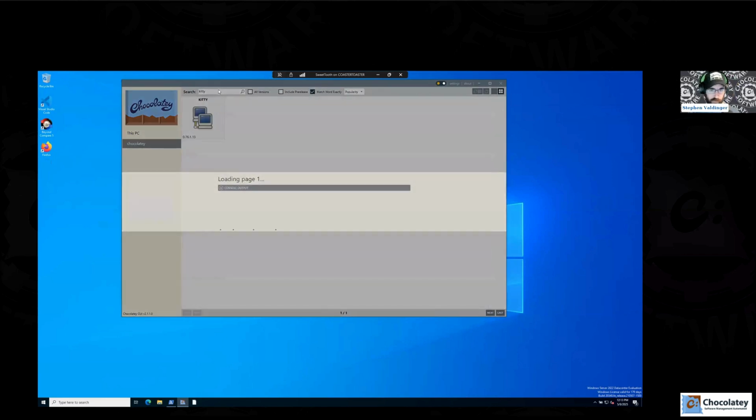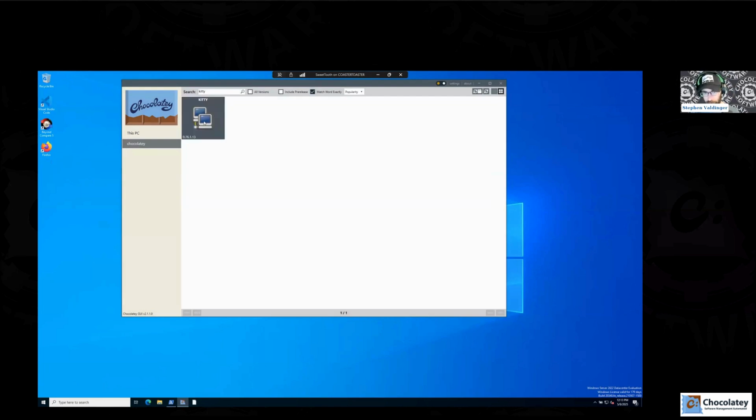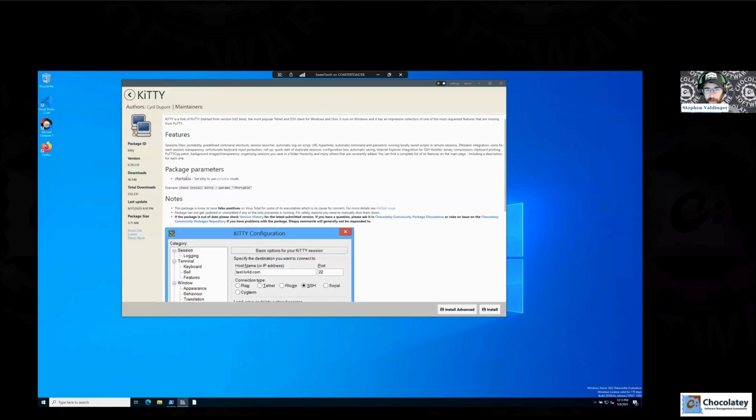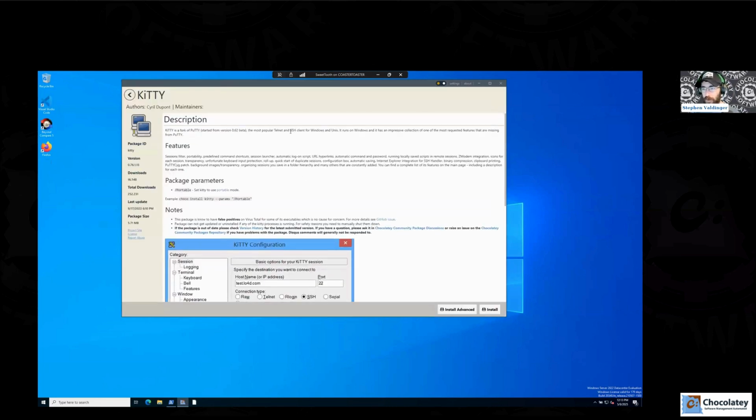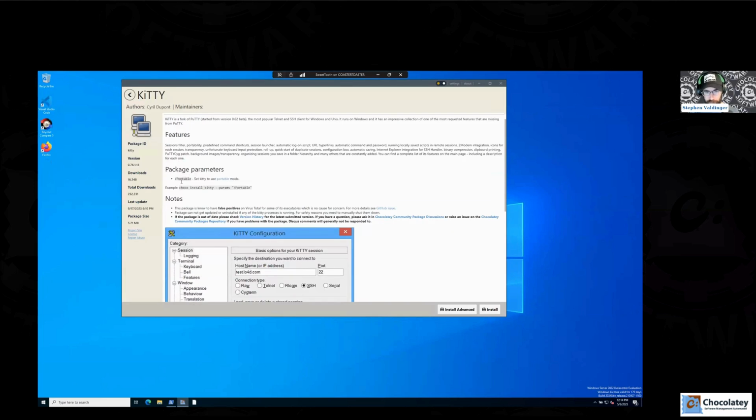Now, what we can do to show off the use of package parameters and more advanced installs, we are going to search for the Kitty package, and I'm going to go to the details of this page, and you'll notice that this one has documented that there are some package parameters available. So there is this slash portable switch that instructs the installer to install the portable version and not the system-wide version of this Kitty application. I'm going to go ahead and just copy that really quickly, and I'm going to click on the install advanced